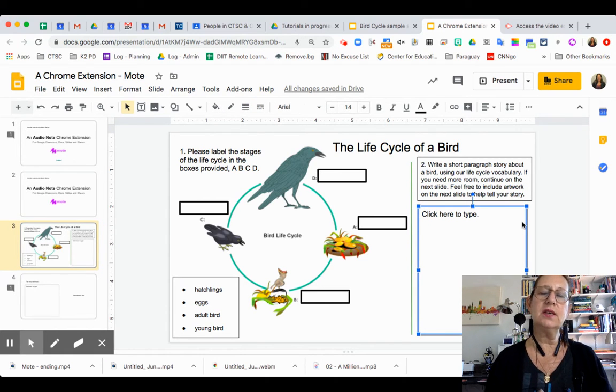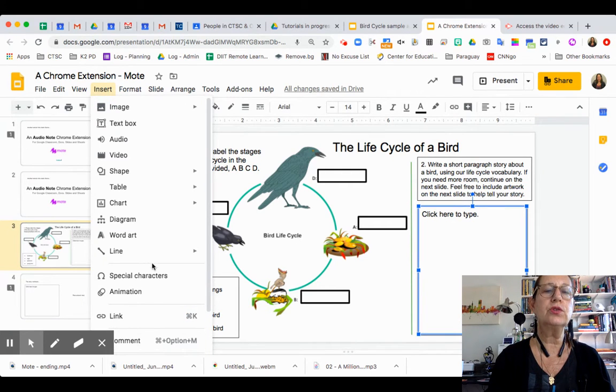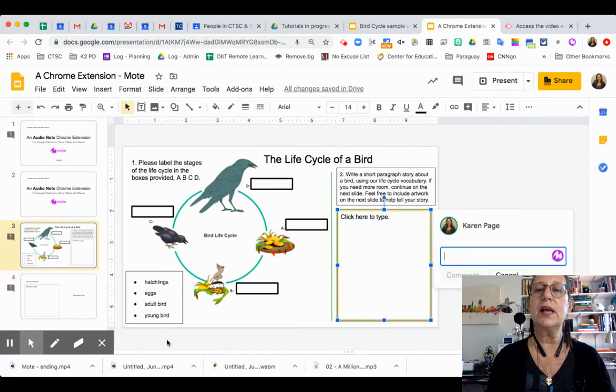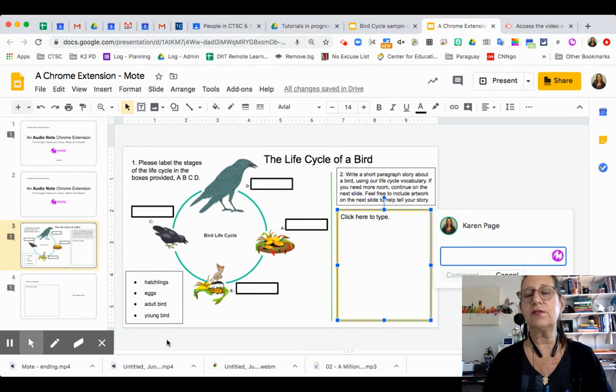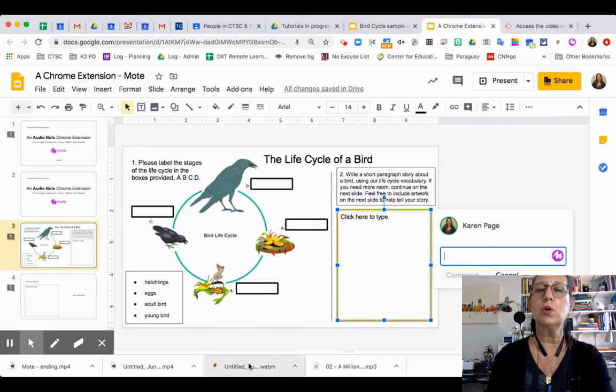If I select any of the text or boxes that I would like to comment on, I can go up to the Insert menu and choose Comment, or you see that it's Command Option M, and I get a typical comment box, but actually you see that I've got a purple icon, purple logo in the side, and that shows me that Mote is ready to record. If I click on that,